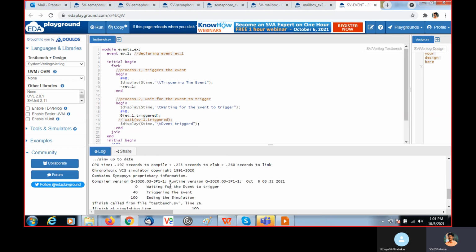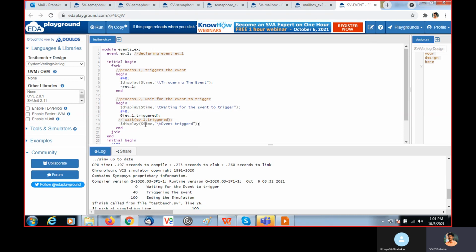See here, wait for event to trigger, triggering the event, and the end of simulation happening. This is not coming, right? So when both the wait for event and the event trigger happen at the same time, we won't get it, it will not enter into the below lines.